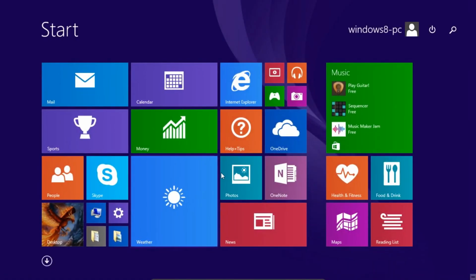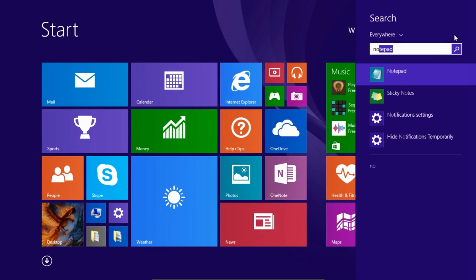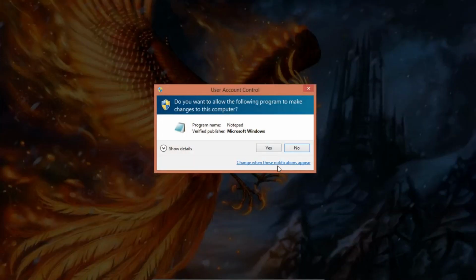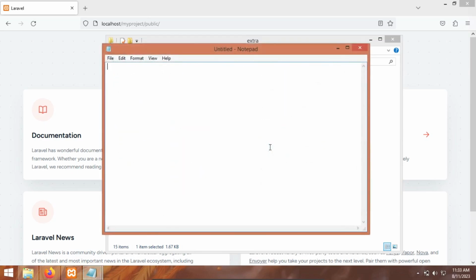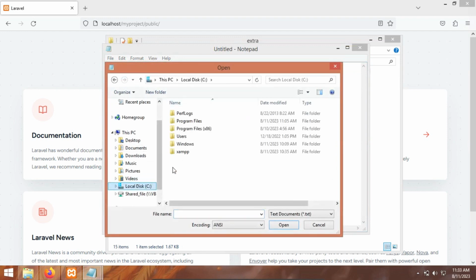Now, let's work with the hosts file. First, open Notepad as an administrator. To do this, search for Notepad in your computer's search bar, right-click on it, and choose Run as Administrator. Once Notepad is open, click on File in the top left corner, and then select Open. You need to navigate to the location of the hosts file, which can be found at